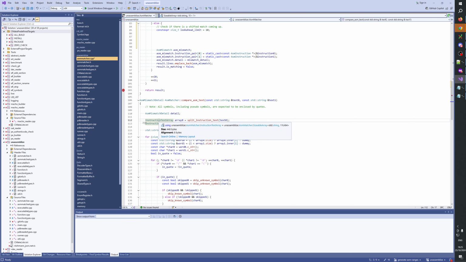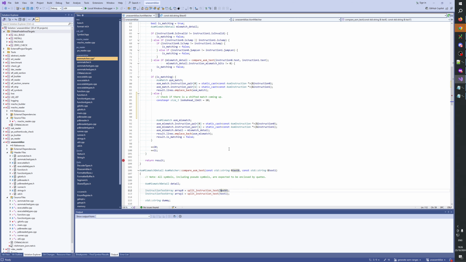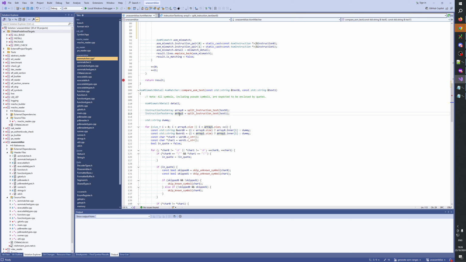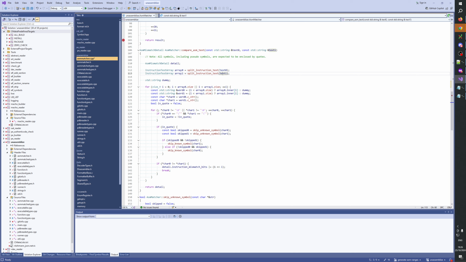It's quite big, isn't it? 448 bytes. Oof. Text, yeah. I think